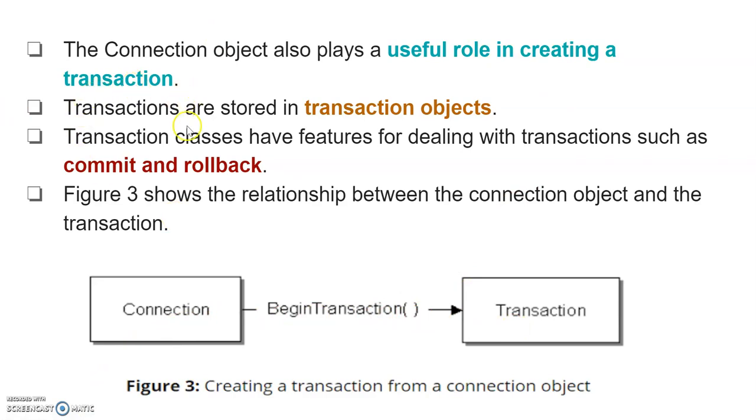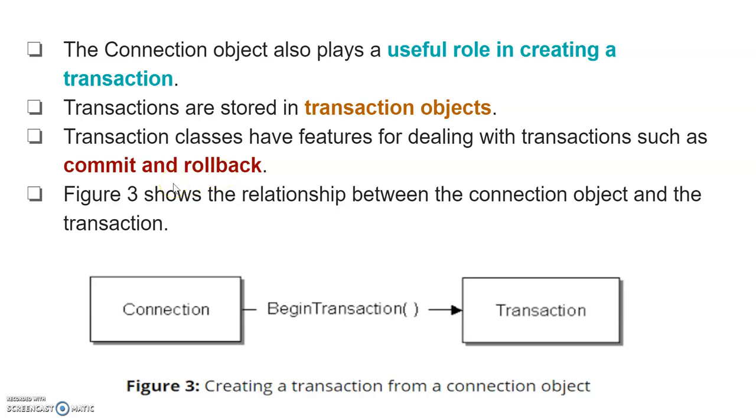So what is a transaction? In a transaction, we have to perform some operation, and whether that operation has been successfully performed or not, there are some rules. Which are these rules? Such as a commit rule and a rollback rule. Commit means your operation has been successfully performed, then it will be committed. And if it is not successfully performed, if there is some kind of error or bug, then we have to roll back to the original position.